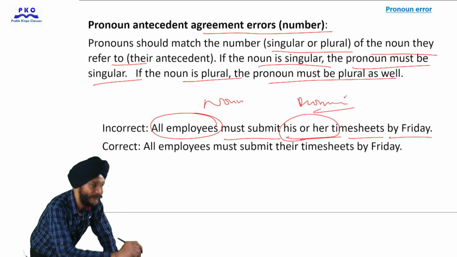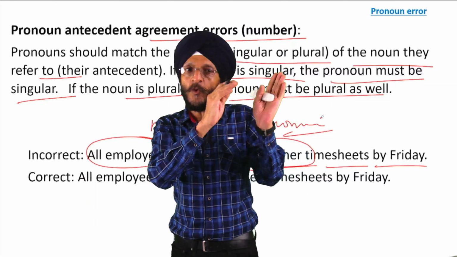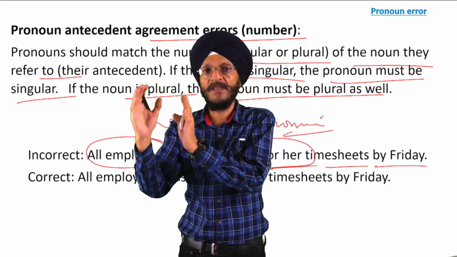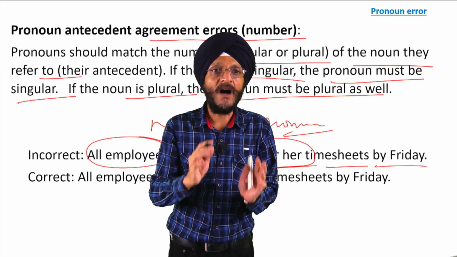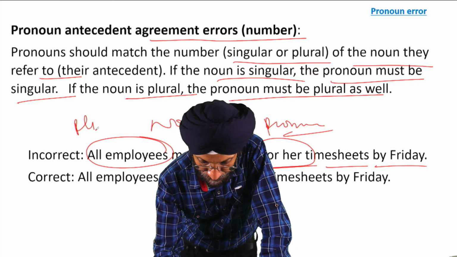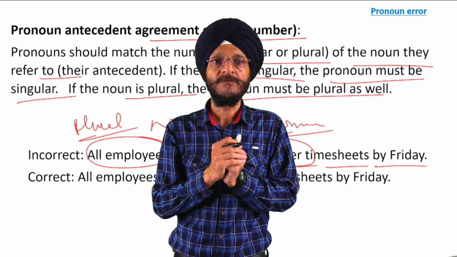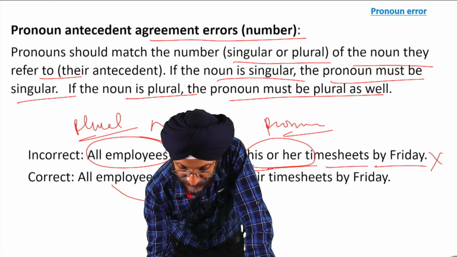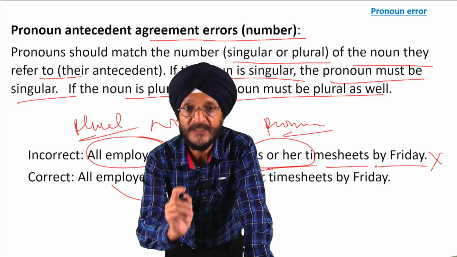So the pronoun should refer to the noun accordingly. If the noun is singular, the pronoun should be singular. If the noun is plural, the pronoun should be plural. Here, what is the noun? "All" implies more than one. It is plural. So here we are using "his or her", which is singular, so it is wrong. Accordingly, "all" implies a plural noun, so we have to use "their"